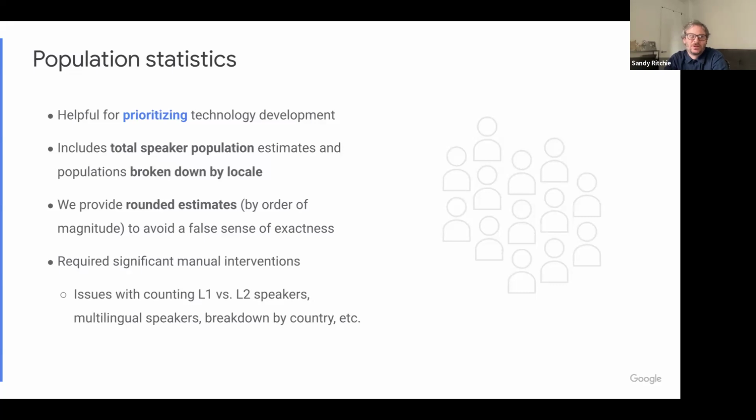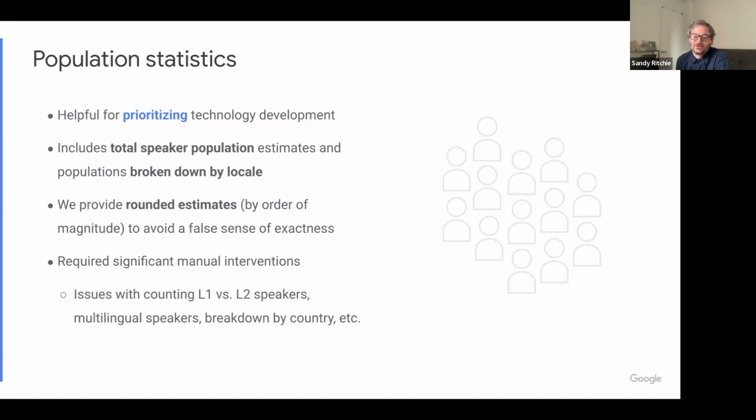because there's no source of truth. I guess you could go to census data from governments, but governments don't typically include the many hundreds of languages that are spoken in a specific country. I'm not sure what the case is in Ghana, but I know in the US, they only include a few possible responses for what language do you speak. So even there, this information isn't really clear and isn't widely available.